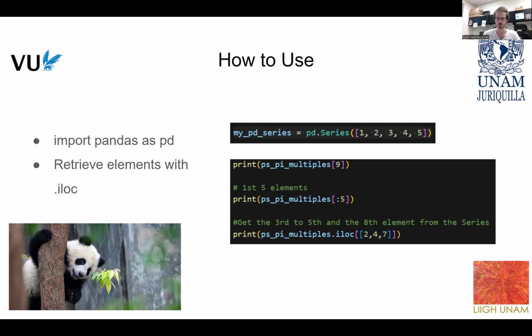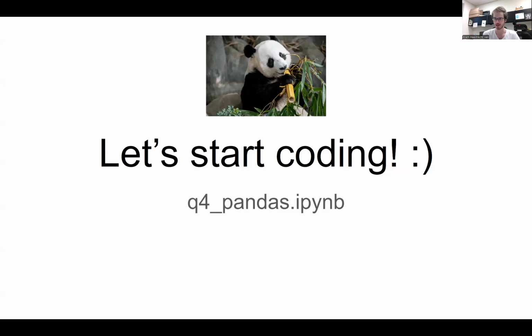So I think the best way is to just practice with this. So we have another exercise sheet. I will share the solutions to all the exercises as well. And I think they are useful